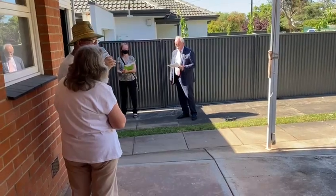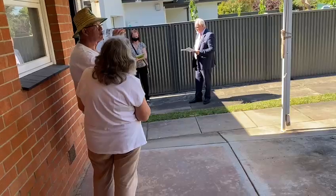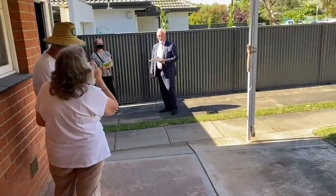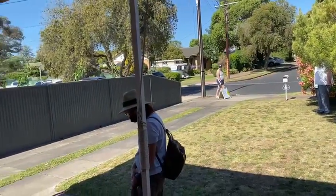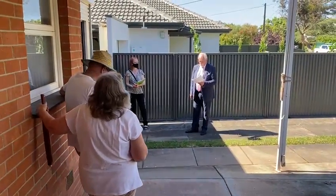Set on a good sized allotment, some 793 square metres, with of course potential to subdivide, all subject of course to the normal consents and approvals. The home requires a new life, and certainly a new purchaser will provide that new life with an exciting renovation project. Superbly located, of course, you're close to the Colonel Light Gardens Primary School, Sacred Heart College Middle School, and